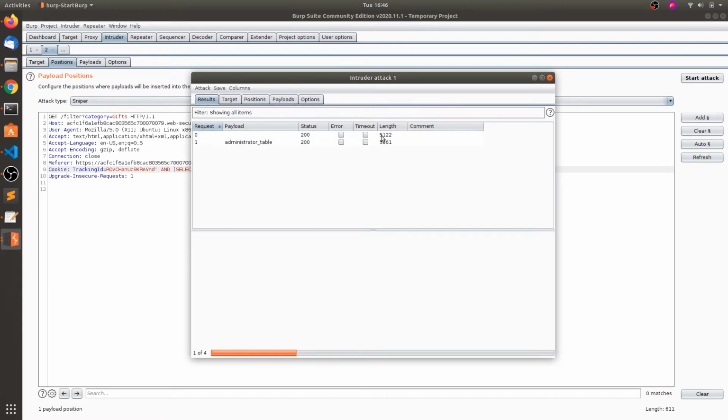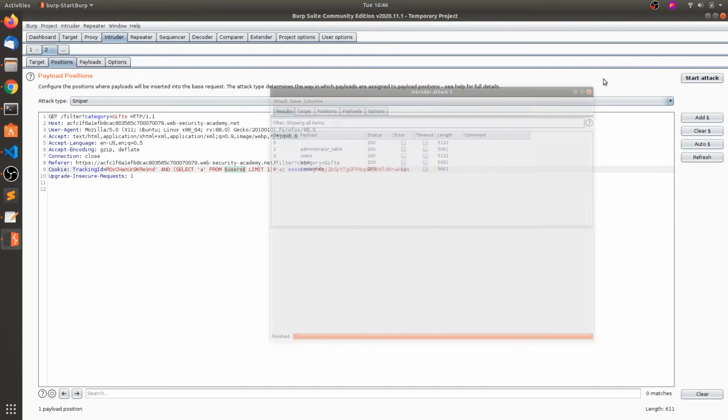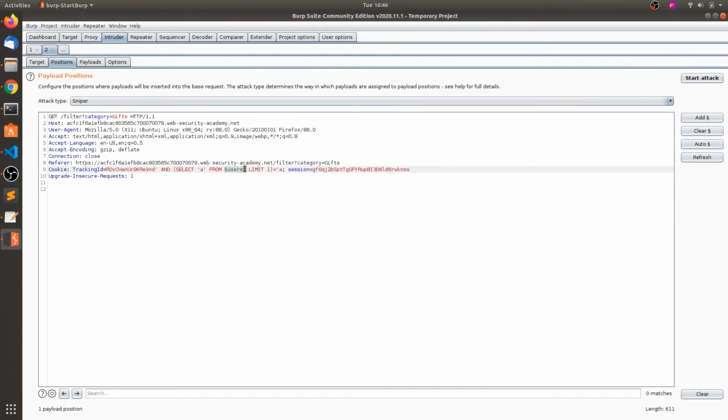So the default one is 5122. So let's change it to something that does not exist. Let's write I am text dictionary. So I know that table does not exist, so it gives me the false response.